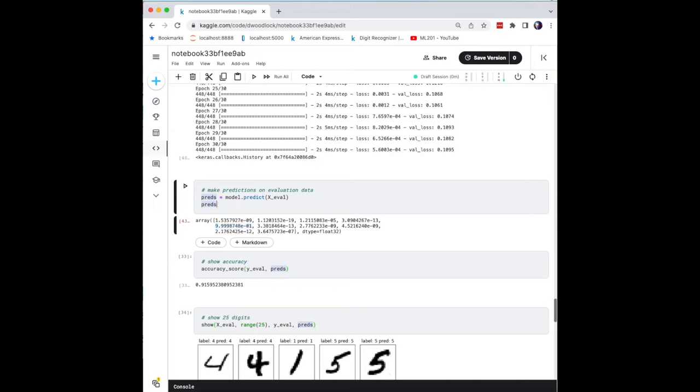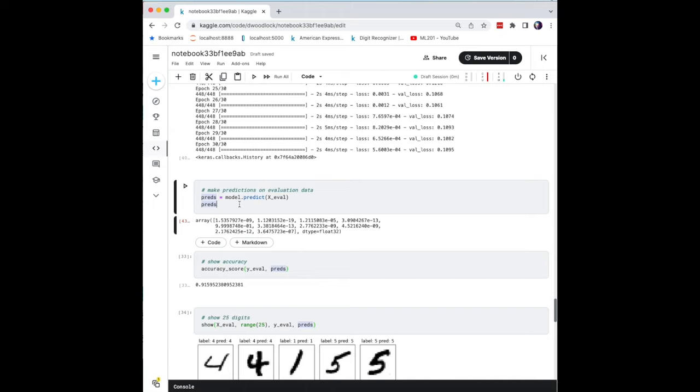So that's the structure of predictions that come out of TensorFlow. We need to turn that back into digits. So I'm going to describe how to do that. We essentially want to pick the index of the maximum value for each row. So the maximum value of this row is that, and the index of that is 4. So we want to replace basically this little array of 10 values for each row with the index of the